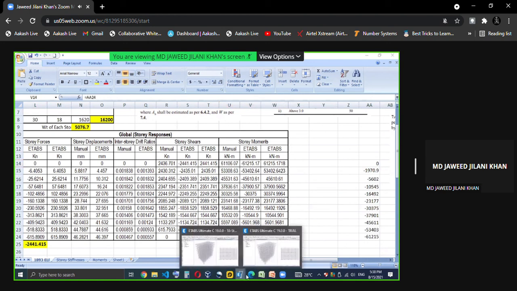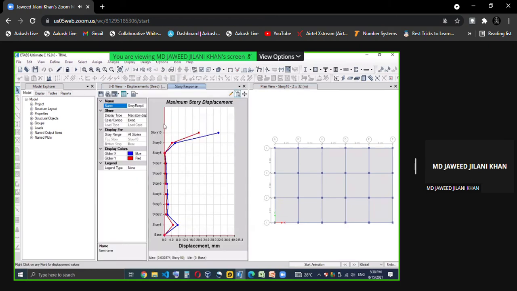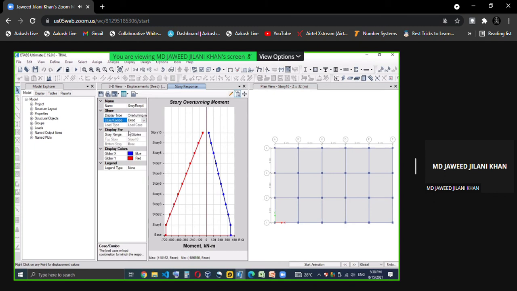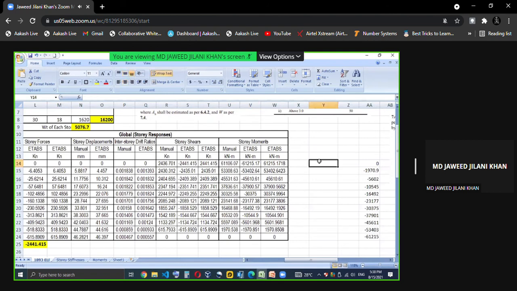To check the moment from ETABS, you have to go to display response plot. Here, instead of maximum, you can check overturning moment under the EQX. So this is the moment you can calculate. Control C, bring it to the Excel sheet here, and then you can reverse it. See, 6122 somewhere here, 17 something. So this is the second value. The bottommost value is 1970.851 and so on. These are just minus values, so I will take the absolute value.